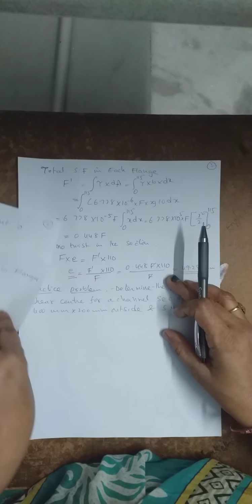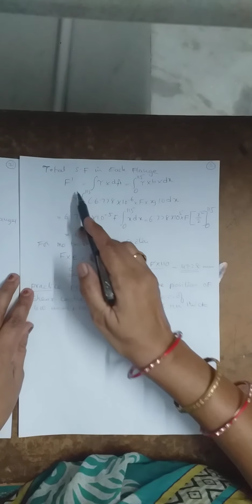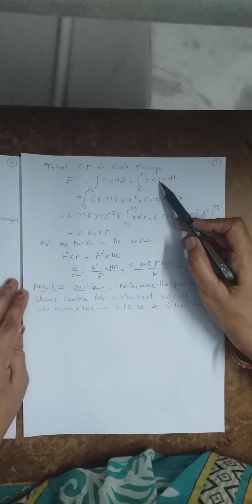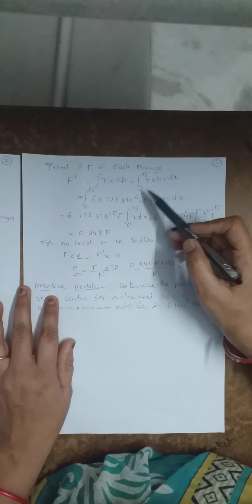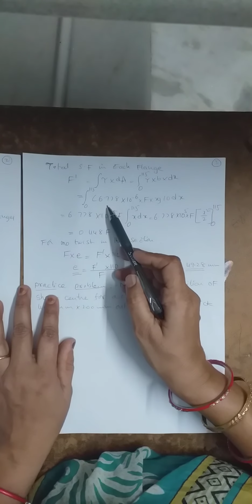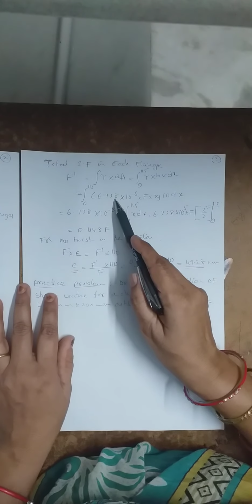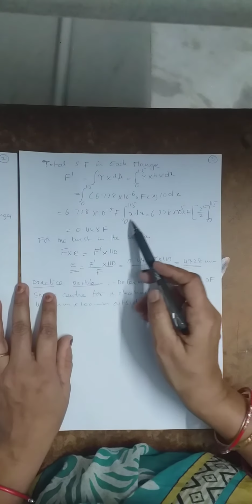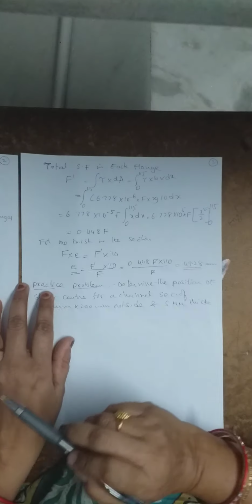Now we calculate the total shear force. What will be the total shear force on the flange? F dash is equal to tau into dA, where dA, as just now written, is B into dx, integrated between 115 and 0. The value of tau we have just calculated is 6.778 into 10 to the power minus 6 into F into x, and this is 10 dx. If we simplify this, F dash is equal to 0.448 F.